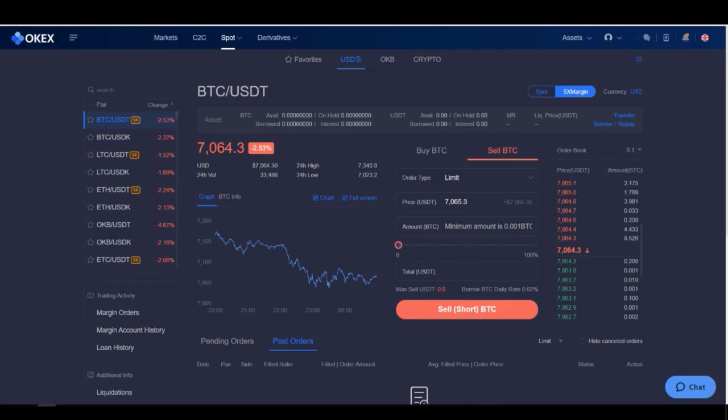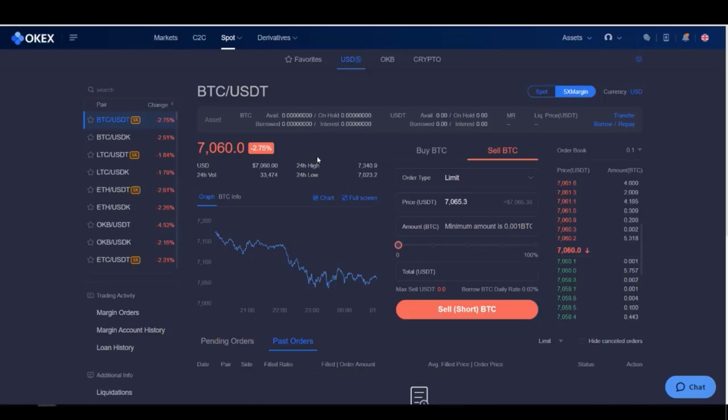Of course, there are big risks to trading margins, so always make sure you look into it and see if it is for you. Don't solely base it off me telling you in this video, because there are big risks like equity thresholds, high interest rates, huge losses, and forced liquidation as well. So make sure if you guys are planning on margin trading, you make sure it is the right fit for you. OKEx.com does offer 5x margin trading as of right now,